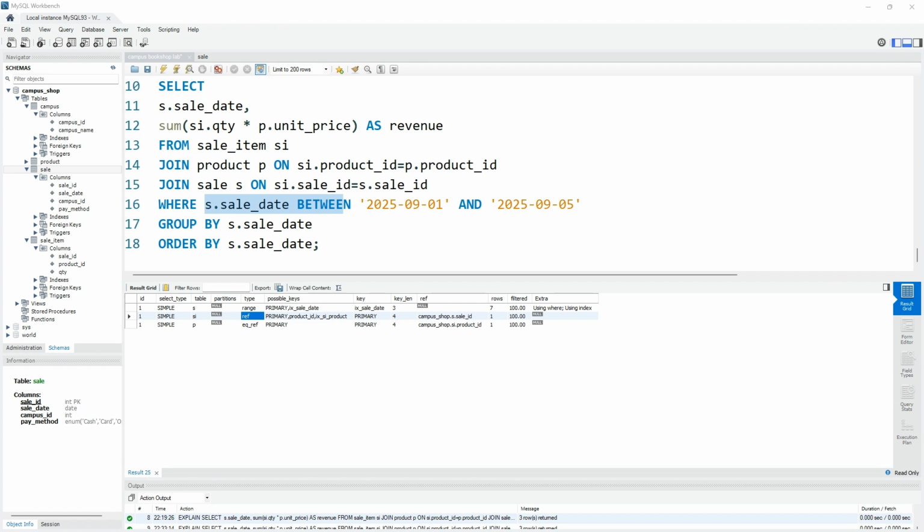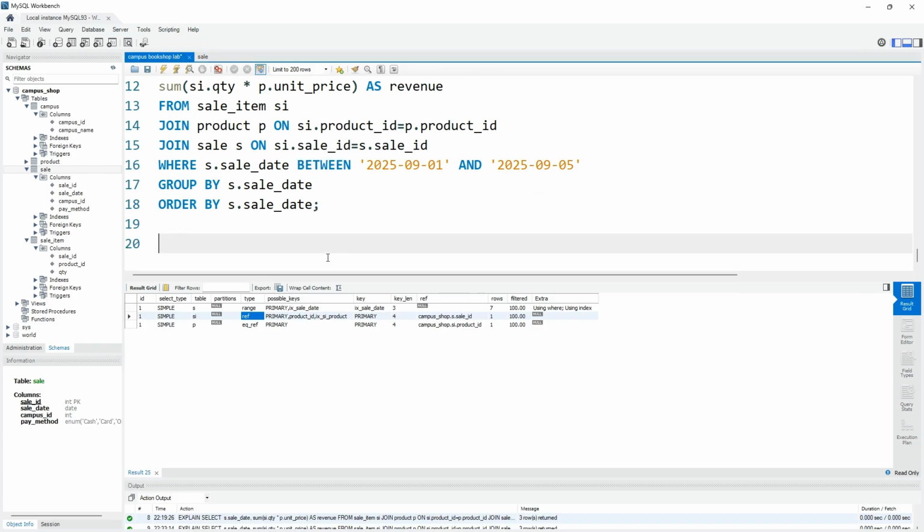I'm not going to get into the details of all these right now, but you just need to bear in mind that whenever something is range, ref, or EQ ref, you can go and investigate it further later if you want, okay? Whenever you get something like these, it means that these are good,